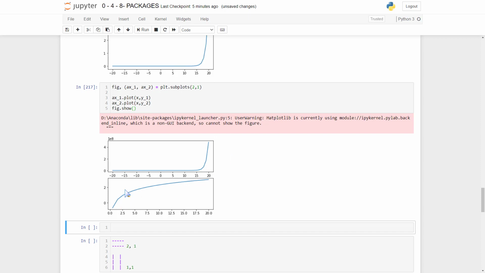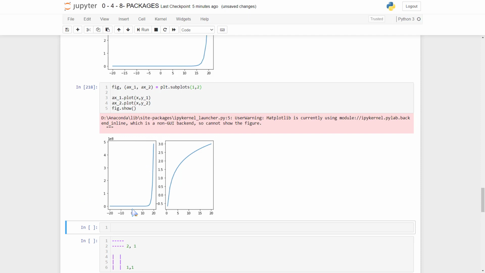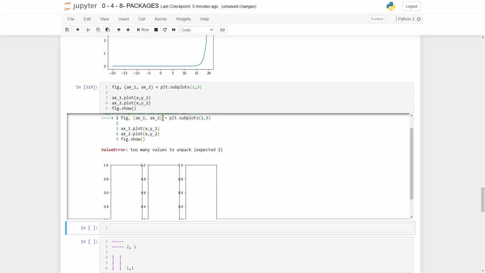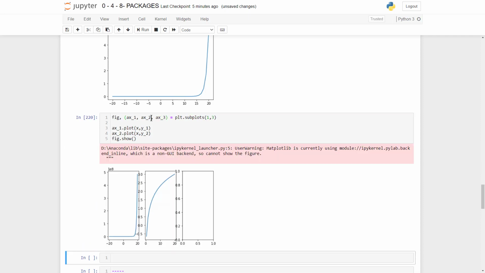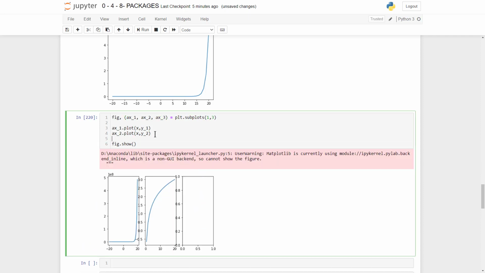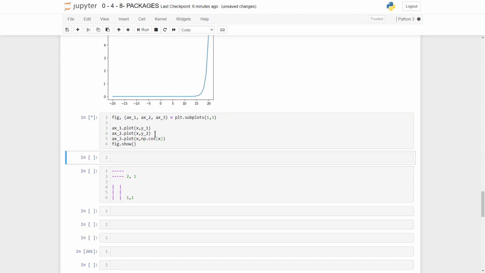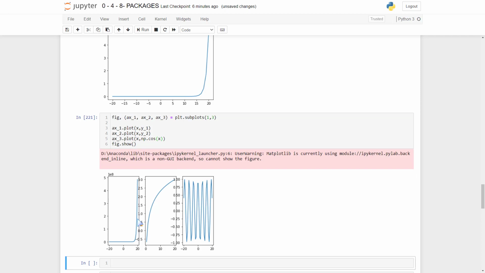We have the exponential and the logarithmic plots. See, we have the exponential here and then the logarithmic. If we tried a third plot, we'd get an error because we have only defined two axes. So we could have axis 3, and the third axis has no value in there. We could plot on axis 3 x and, say, np.cos of x. There we go. So that's how we could come up with the subplots, and also